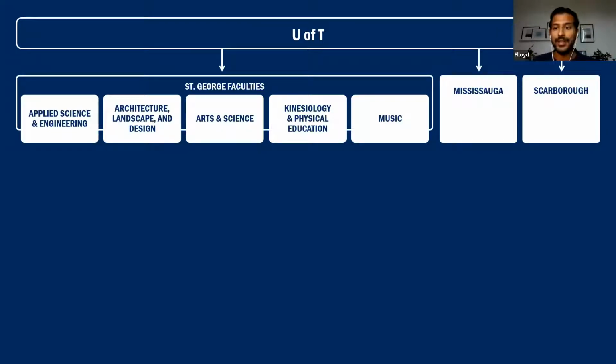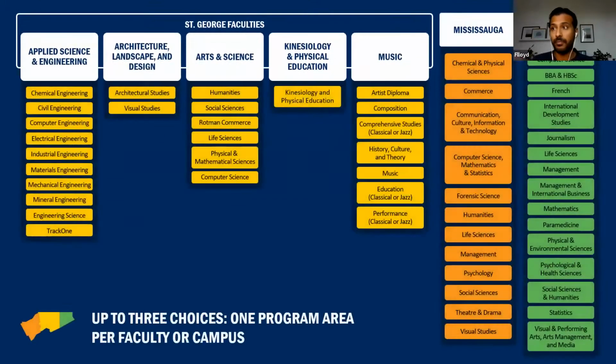When you're looking at these areas of study, or these communities that we've talked about already, you'll find within them those admission categories that I was just talking about like 4 slides ago. So within these admission categories, students can select 1 admission category per faculty or campus. So out of these 7 areas, you could select any 3 of the colored slots as long as they are in a different academic division or faculty.